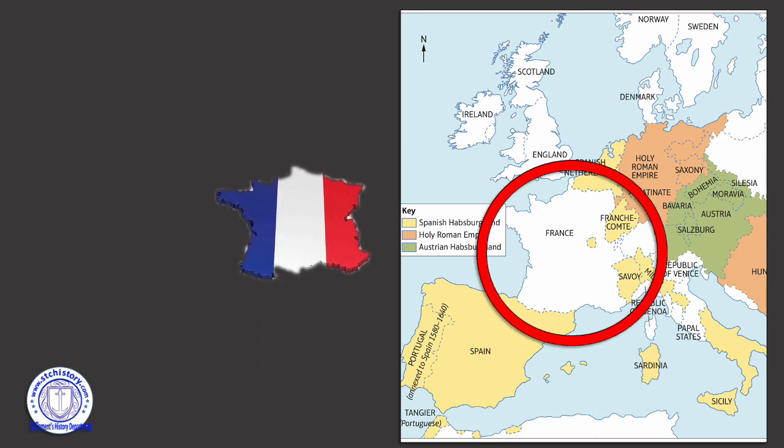So let's have a little moment to just focus on France for a sec. We see right in the middle of Europe, massive country, massive population, probably the second most powerful nation in the world at the time, or certainly the Western world, closely just behind Spain. So religious war has broken out in France recently.